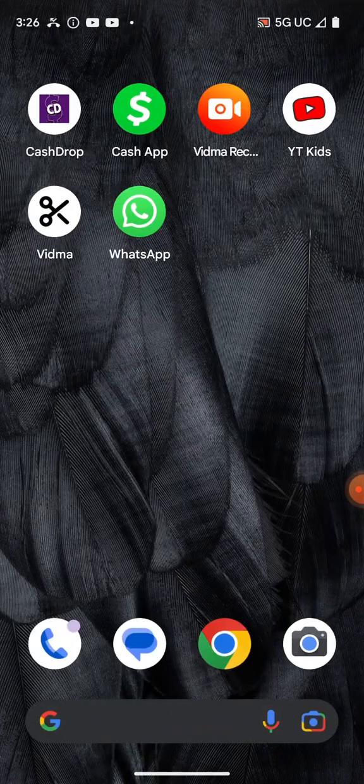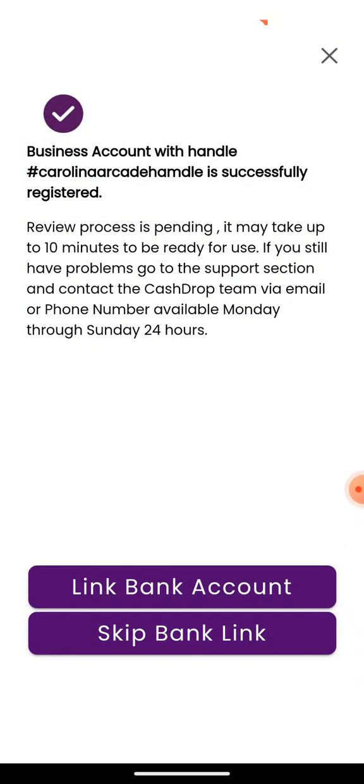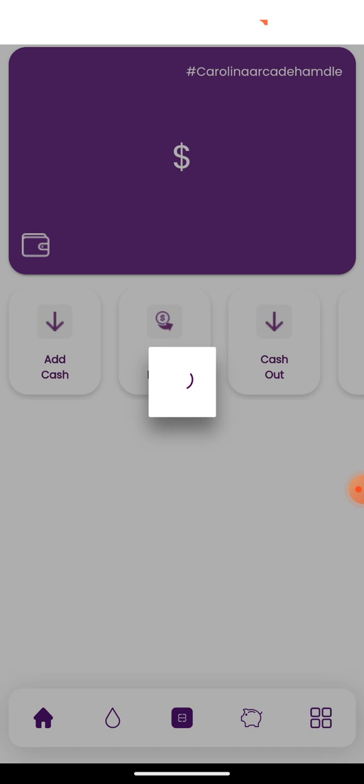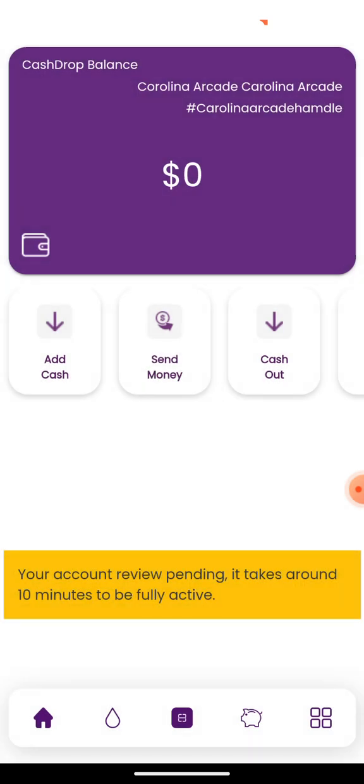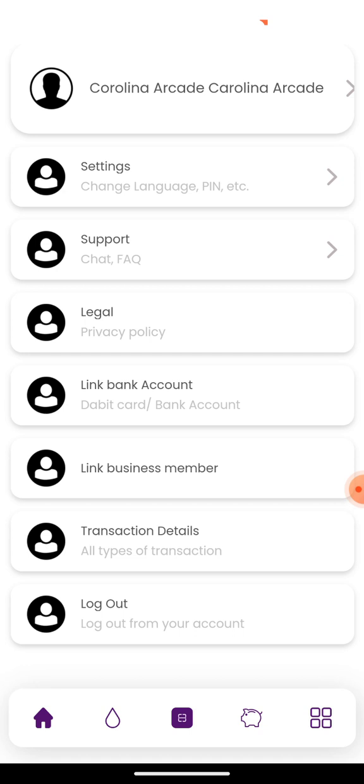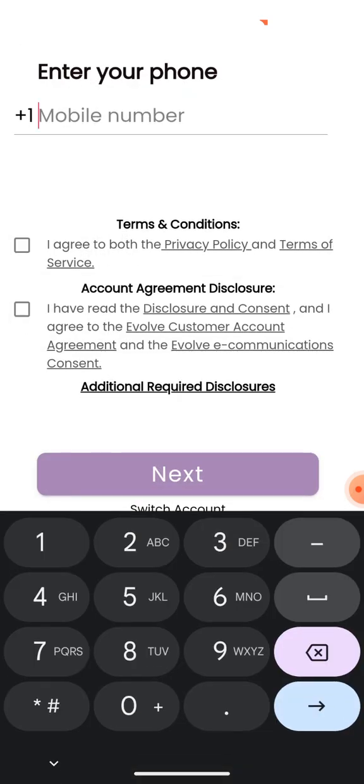Alright, so I'll go back to the app now, right? So I already explained how the user will do the link bank account or skip bank account. Okay, so I will escape, and by the way, there is additional information provided here. This yellow band comes, it will disappear as soon as KYC is done, otherwise it will stick there. So this way the user will know. Alright, so I will log out now, and I will focus on